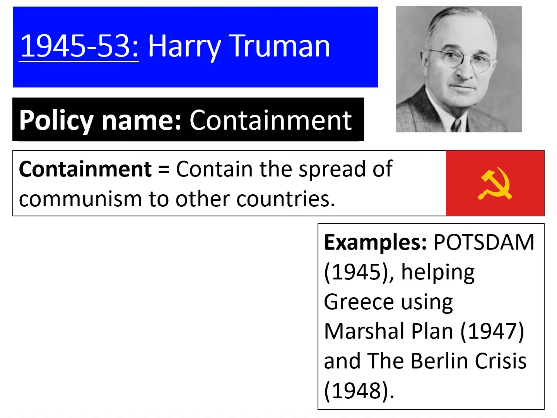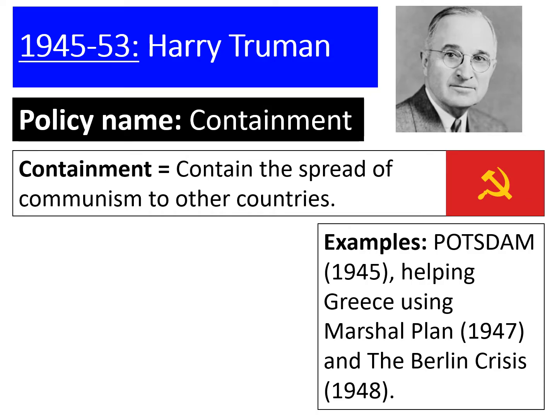What they did was given the nickname the Marshall Plan, and that basically meant that they would give aid to any country that felt like they needed it to stop them becoming communist. Now this wasn't necessarily military aid to fight communism, it was more things like money, technology and food to help boost their economy and mean that they wouldn't be attracted to communism. So that's what they do in 1947.